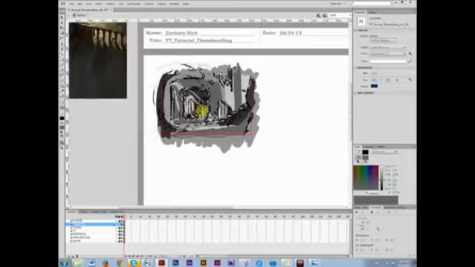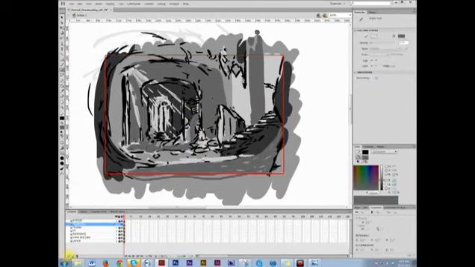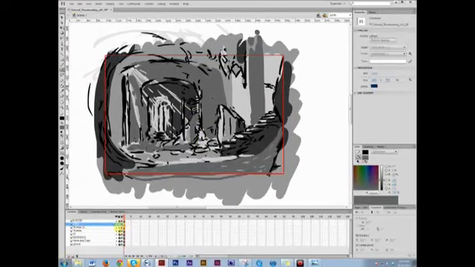The last thing I would do to top off my thumbnail is I would create another layer on here, and I'd call this layer Care. And I would grab my darkest color and my smallest brush, and I don't know, maybe actually I'll use a dark red just to indicate that the characters are there. And I might go ahead and indicate some characters over here just to kind of get an idea of what is this sense of scale. So I like the idea that